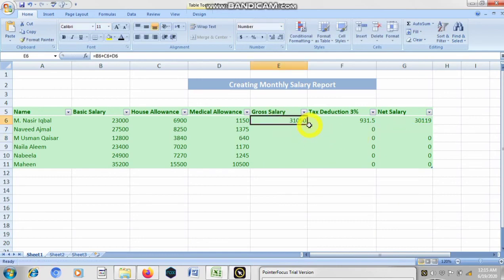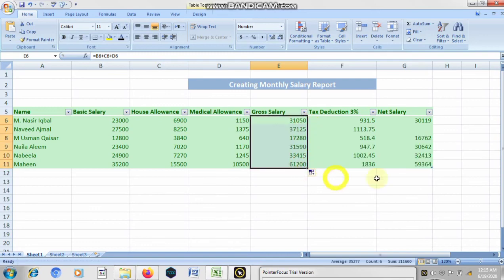Like here, you just have to click on the cell. As you can see, it is selected, and we call this selected cell the active cell. When you click here, the plus sign will appear at the bottom right corner of this cell. So you just have to drag it down, and it will automatically calculate the values of other cells.